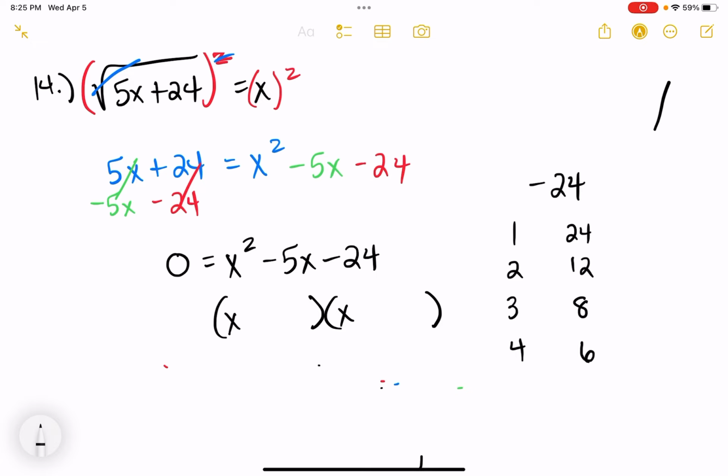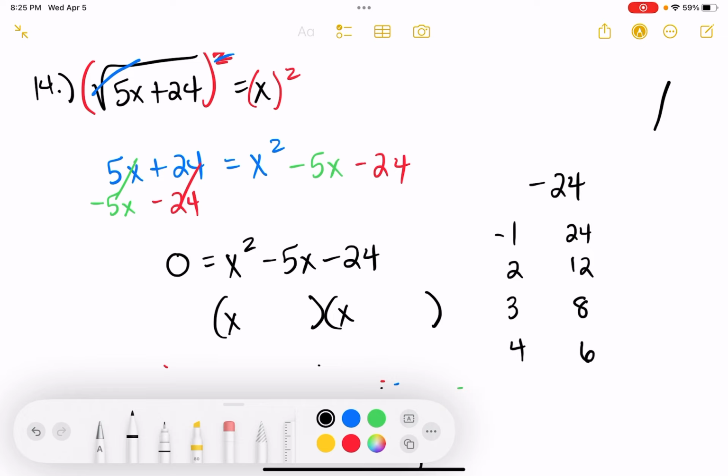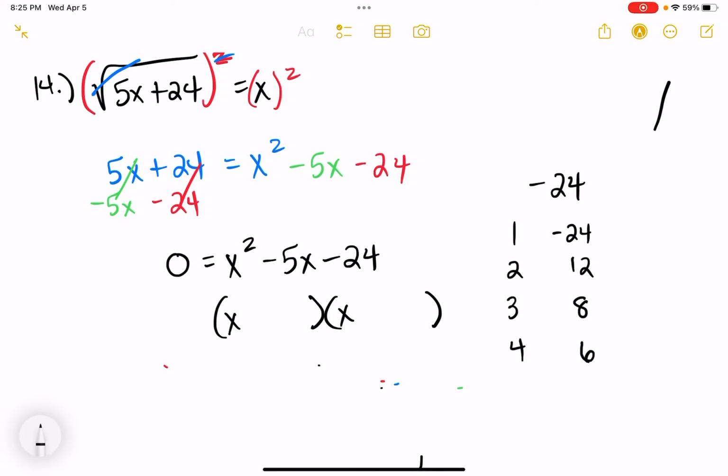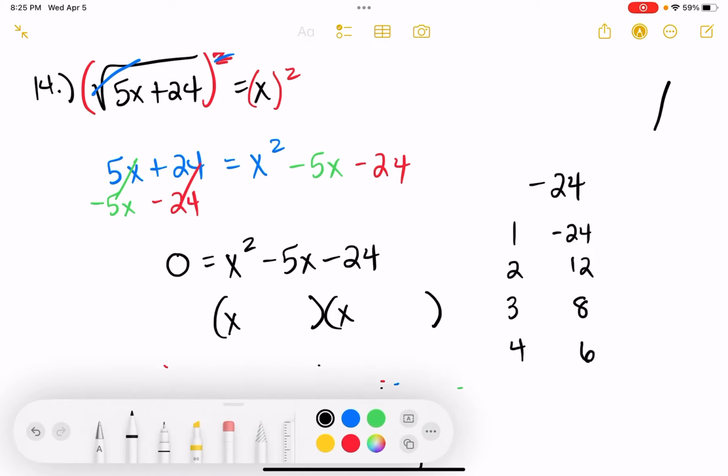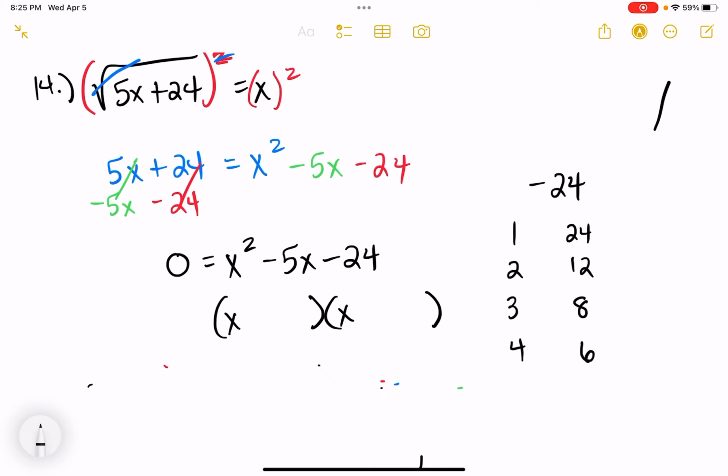Okay, so I could have negative 1 and positive 24, or I could have positive 1 and negative 24, right? Okay, so now how do I choose which ones of those I'm supposed to do? I need 2 numbers that not only multiply to make negative 24, but then add to make that negative 5